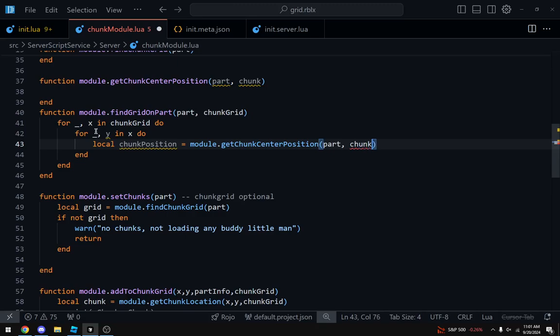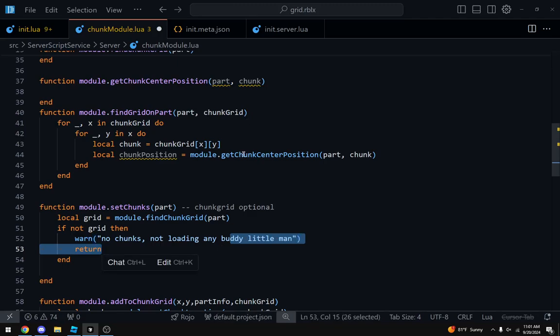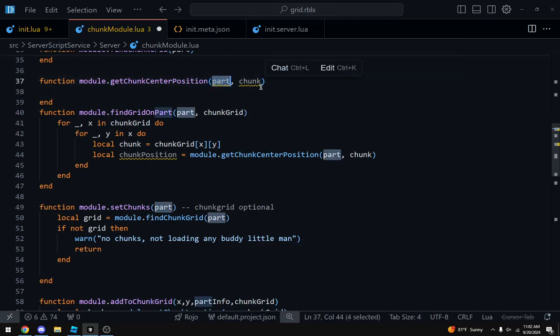So yeah, we can do local chunk equals chunk grid x y. No, we don't care about part.